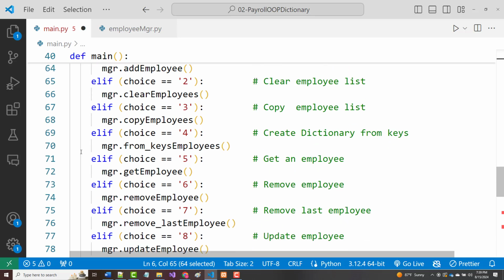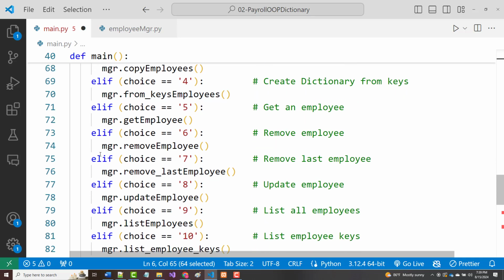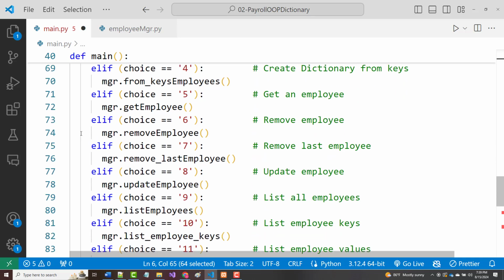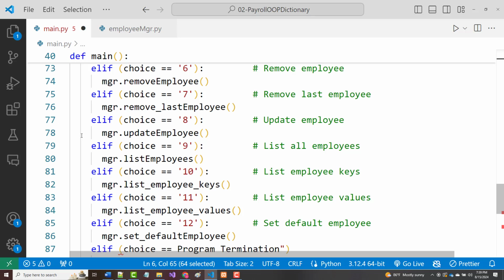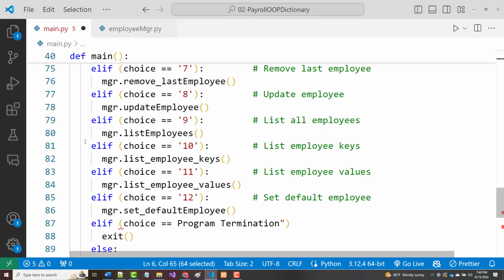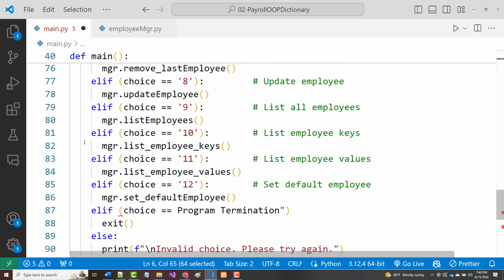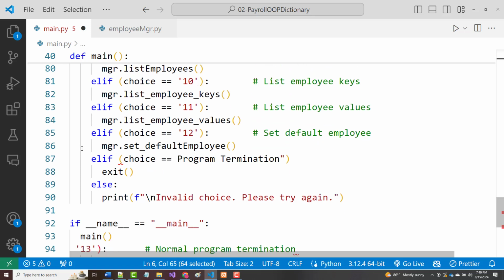A 4, we call the from keys employees method. 5, get employee method. 6, remove employee method. 7, remove last employee method. 8, update employee method. 9, list employees method. 10, list employee keys method. 11, list employee values method. 12, set default employee. And finally, 13,